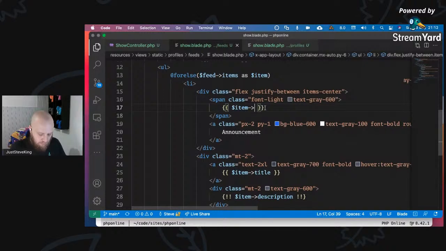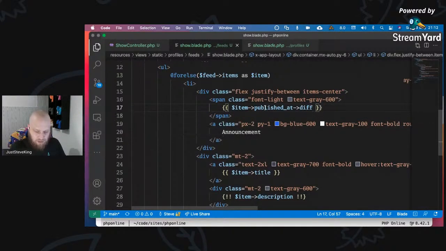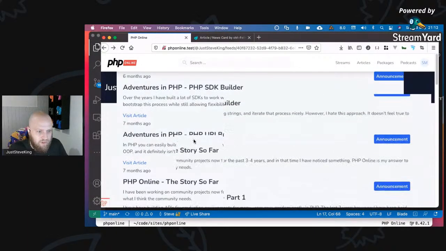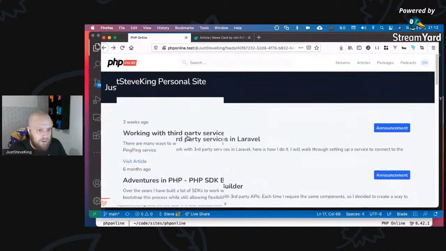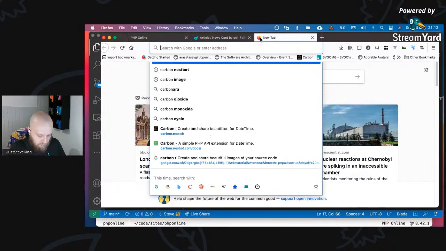So looking at item published at. Let's see if this has been cast right. Diff for humans: 3 weeks ago, 6 months ago, 7, 7. Cool. So what I would do is